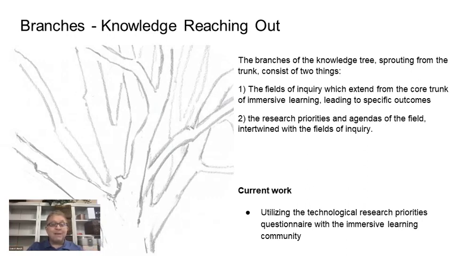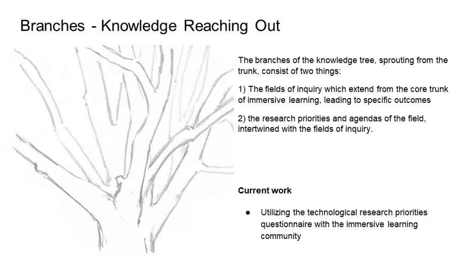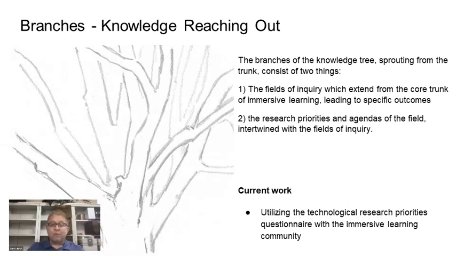For example, a systematic review of the uses of immersive learning environments with individuals with autism to advance their knowledge of STEM subjects is organically extending branches at least to the disciplinary fields of didactics, such as science, technology, engineering, and mathematics, but also educational science, cognitive science, and communication science. An obstacle to immersive learning listed in the State of XR and Immersive Learning Report, which would be in the trunk, an obstacle such as interoperability would branch out to different disciplinary approaches to it, from computer science and information systems to operations research and educational sciences. So that's how that works.